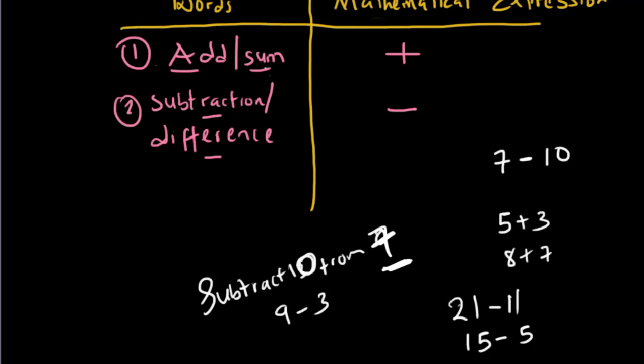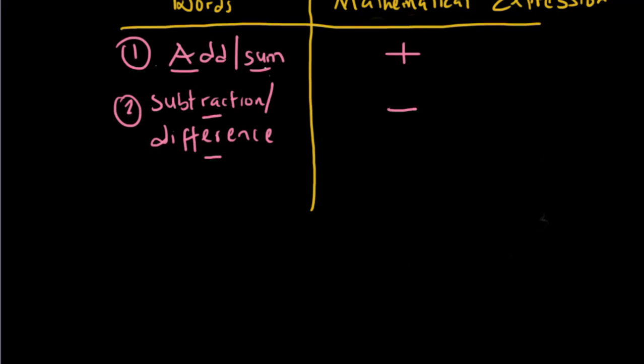So when you say subtract from, it means you have something before, and you want to take out of it. So that thing has to come first. Subtract 10 from 7: you have 7, you are taking 10 out of it. I hope you understand. Now, number 3, we have multiply